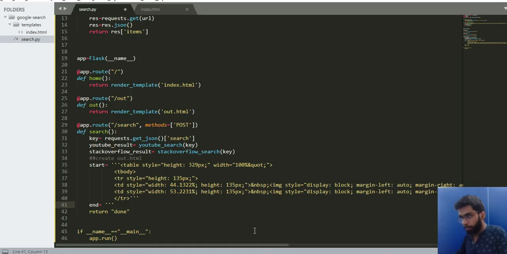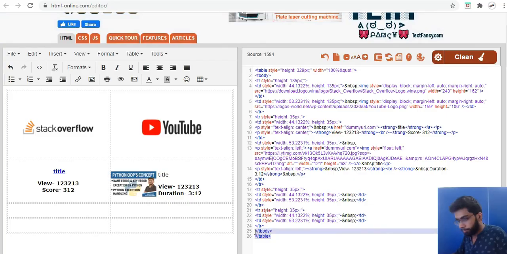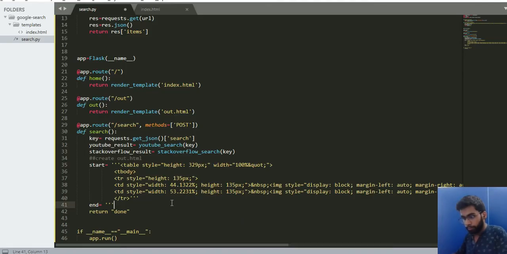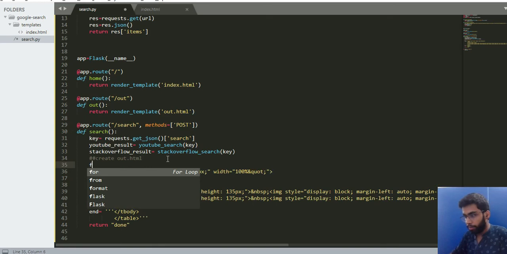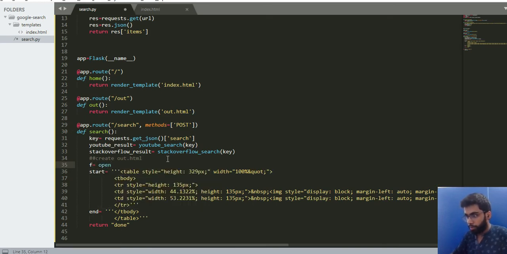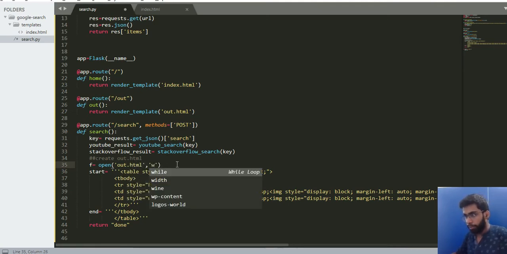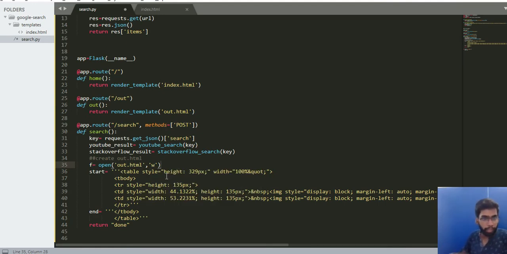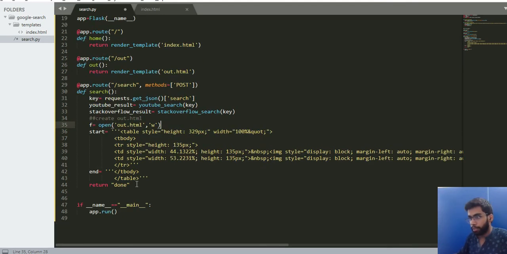Control C, just the table. Now I'll just open up a file. So f is equal to open, let's say out.html, which is the file that I'll be using, out.html, and I want to open it in edit mode. So I have opened this file, and I'll just start writing into this.